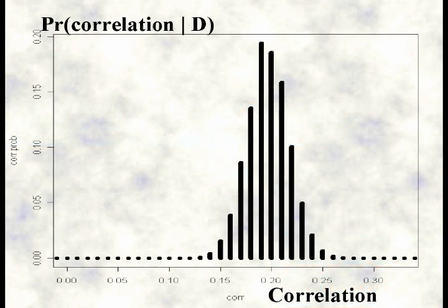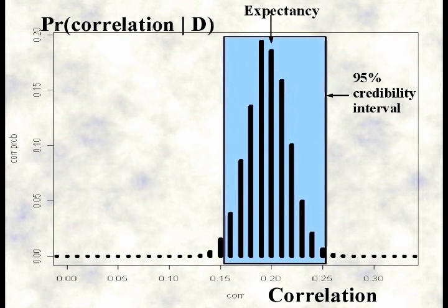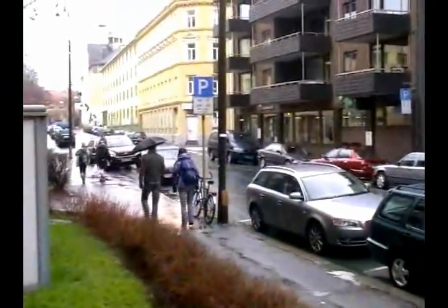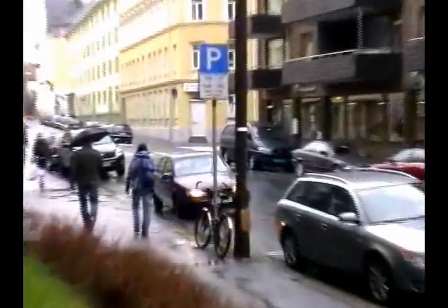Now, since the correlation is a function of uncertain parameters, it too will be uncertain. But we do have the posterior probability of these parameters, which for my rainy day data yielded the following distribution of this quantity. It peaks around 0.2 and has 95% of the probability mass in the interval 0.16 to 0.24. Clearly the correlation is not zero, and this again is the same as saying that one rainy day makes another more probable. It is raining today. That's not all that surprising though. It was raining yesterday too.